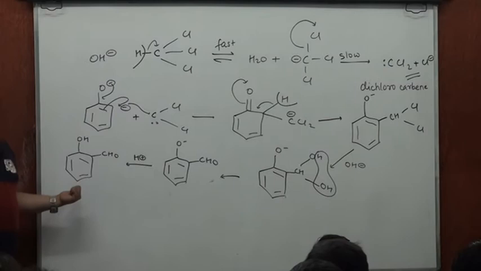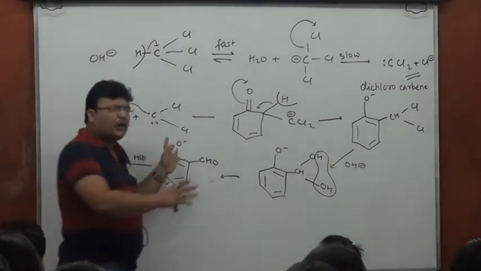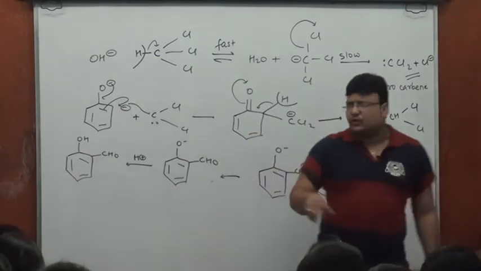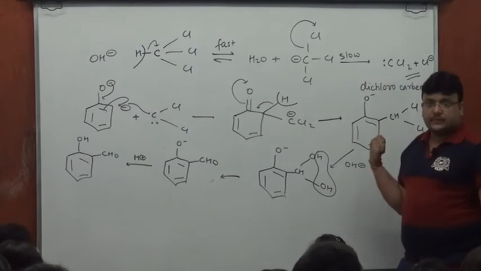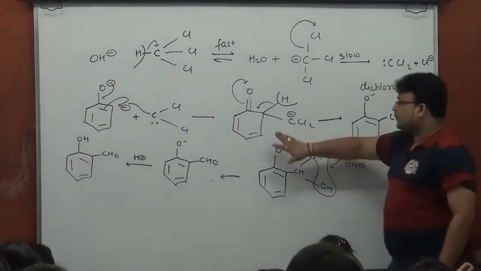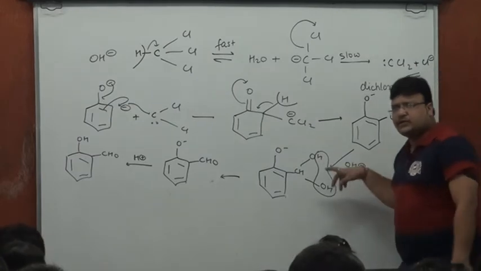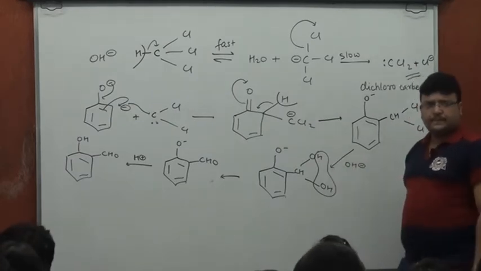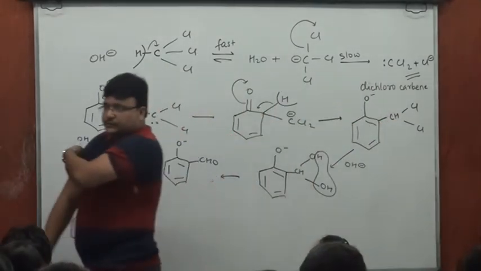formed. Yes or no? So it acts as an electrophile, goes to the ortho position. Small little things which you'll want to know. This hydrogen is used to tautomerize and bring aromaticity back into the ring. That's how an intermediate of this kind matures to an intermediate of this kind with 2 chlorine, 2 OH, take out water, and you get this, which on slight acidification gives you the neutral molecule.